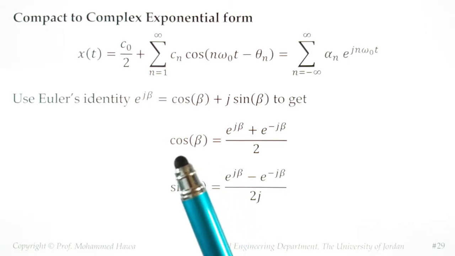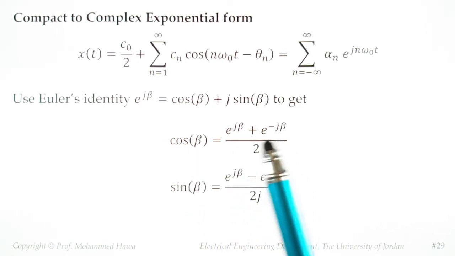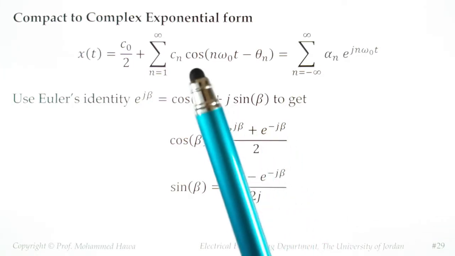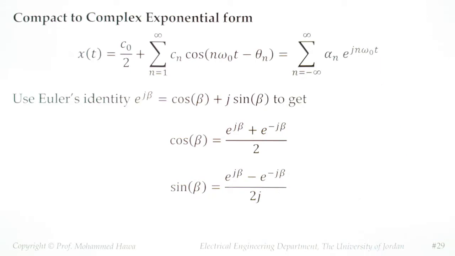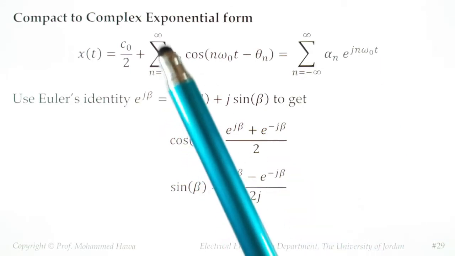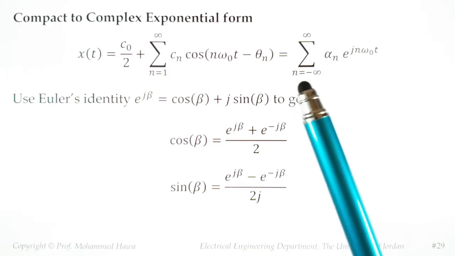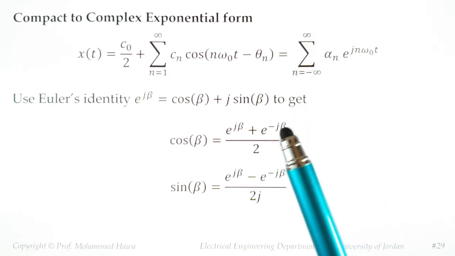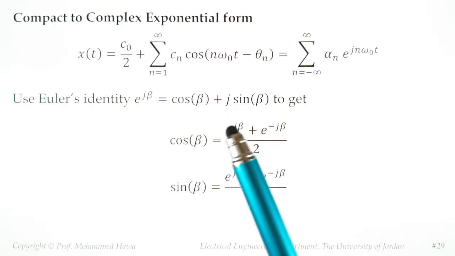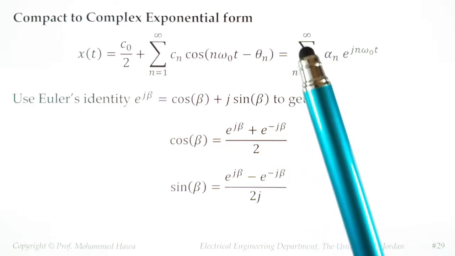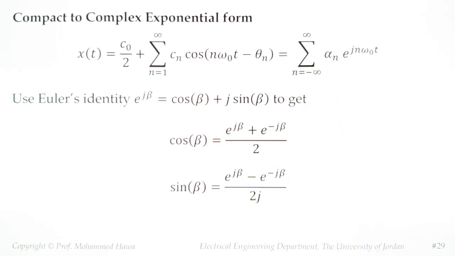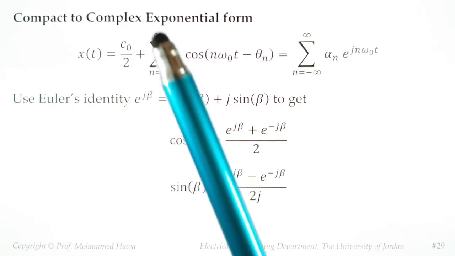Let me use this fact, cosine is the addition of two exponentials, one positive, one negative, to show you that the infinite sum of those cosines is the same as infinite sum of complex exponentials. I know we start here at 1 to infinity, but you'll see here I need to start at minus infinity to infinity because I have two exponentials. One positive where I'll get 1 to infinity, another negative where I'll get minus 1 to minus infinity. And combining those two, the negative exponentials and the positive exponentials, will give me the final cosine, where I have cosines from 1 to infinity.